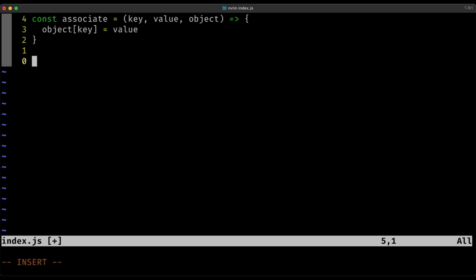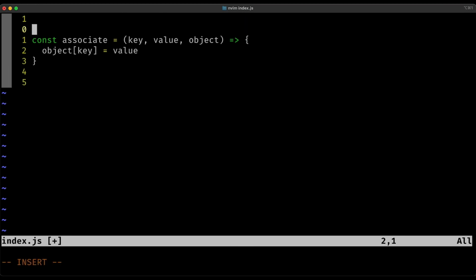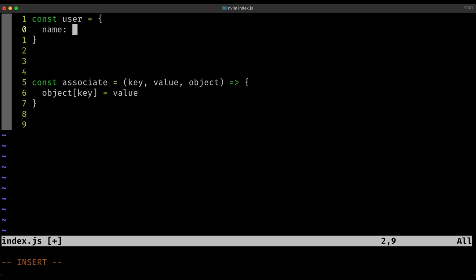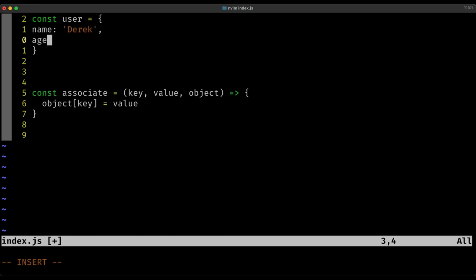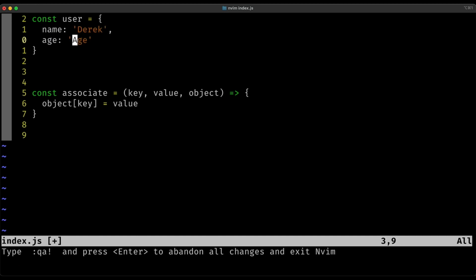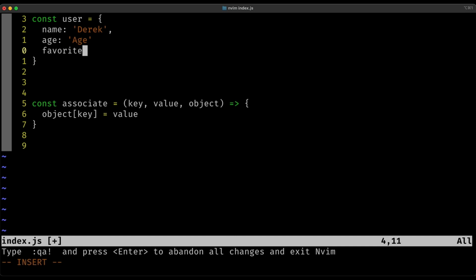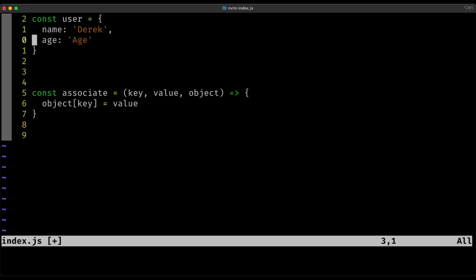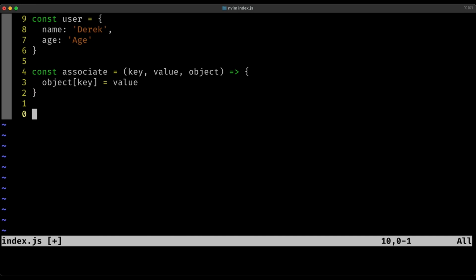Okay. So what this does is, we've got this user up here. So const user, and this is going to be an object. And the user's got a name, and the user's got an age. But let's say with this user we want to add, right here, favorite programming language. If we want to associate that new favorite programming language, what happens is if we've got side effects,